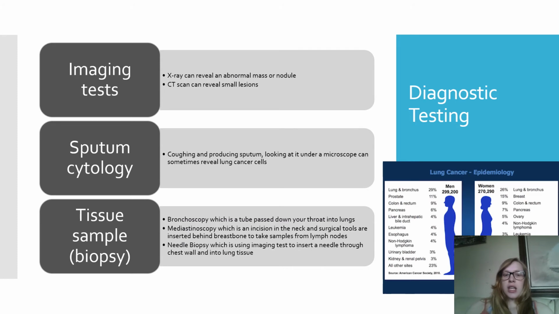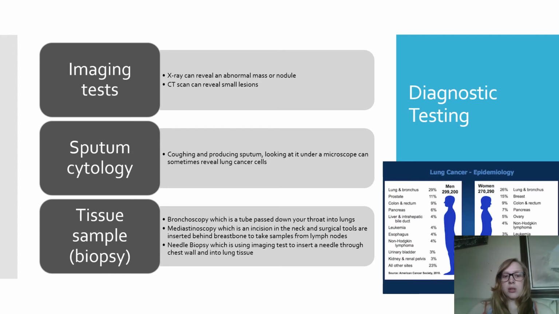Diagnostic testing. Imaging tests: x-rays can reveal an abnormal mass or nodule, and a CT can reveal small lesions. They are both important, and you will most likely have to get both just in case. Then there is sputum cytology: coughing and producing sputum, which is just another word for mucus or phlegm, and having a doctor look at it underneath a microscope can sometimes reveal lung cancer cells, but it's not always